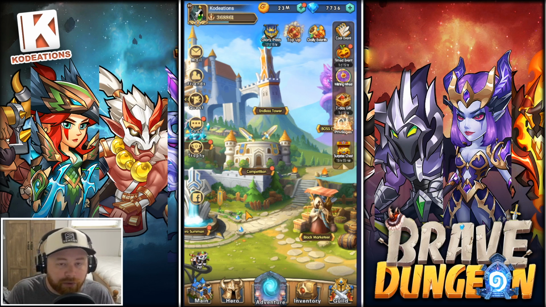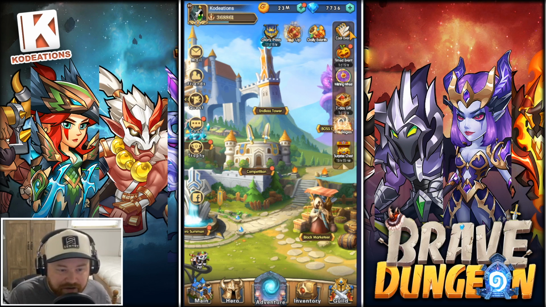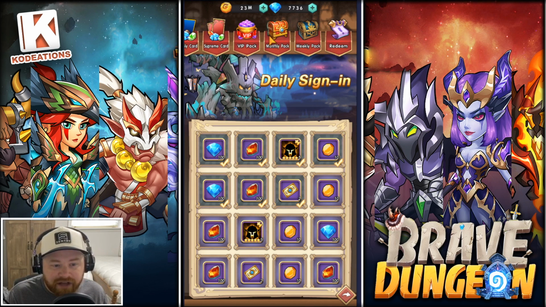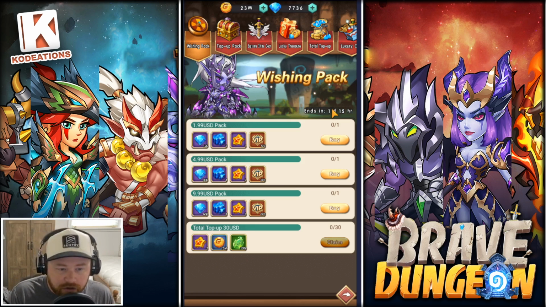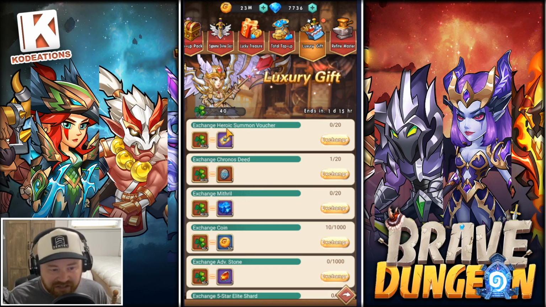ladies and gentlemen. So what I mean by that is, in this game, you don't want to be blowing your summons because there are events. And if you go up to the event section up here, you will be able to see exactly what events we are currently on. Just kidding, I lied, the time event section below. So you click on the time event section, and you will be able to see exactly what events we are currently on. So right now we are on Luxury Gift, is one of them,